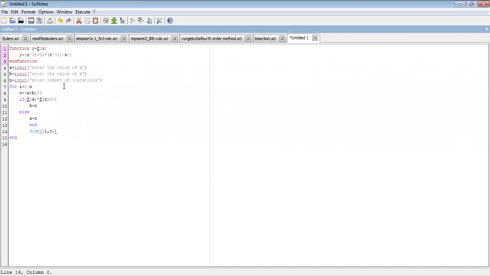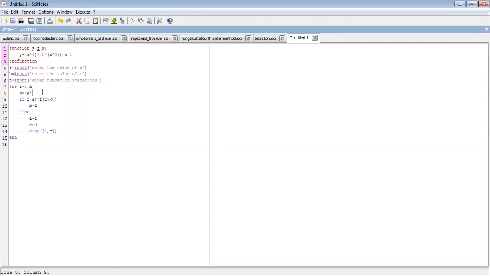This function I'm taking the same. A and B we have to input as it is, because for one function we are calculating the root, as we know that the root lies between 0 and 1, and in the earlier program we have seen that it is 0.866 something. The only thing I have to change here is the formula for C. What is the formula for C? That is (a f of b minus b f of a) divided by (f of b minus f of a). So I just make that change here.